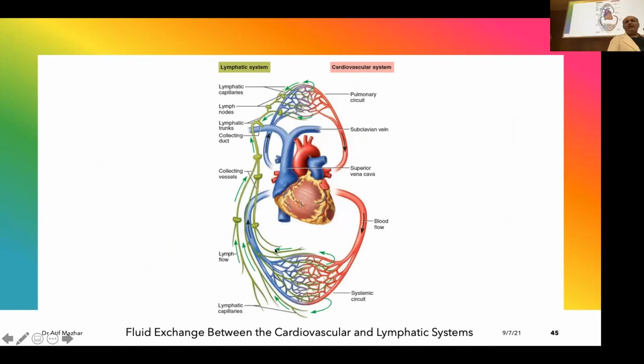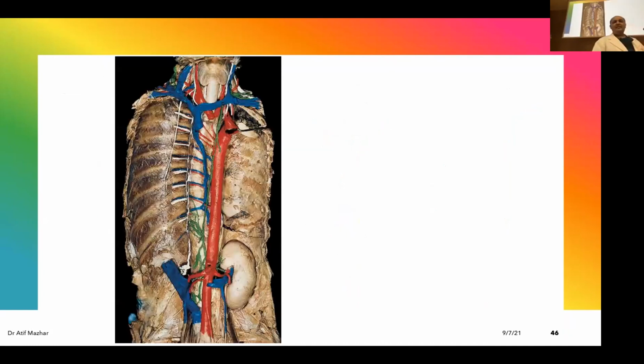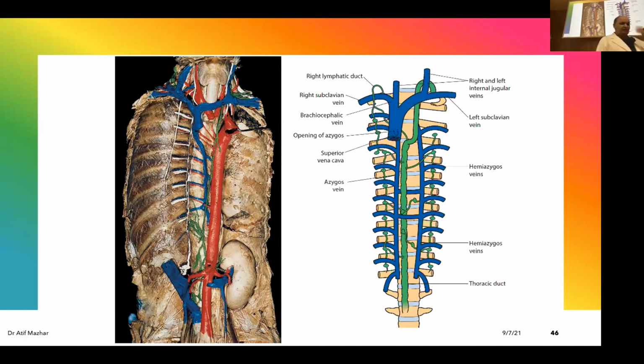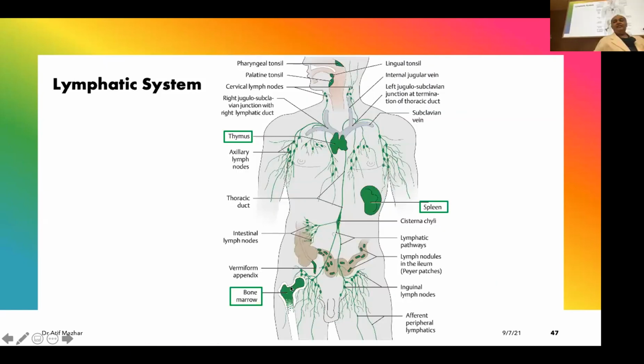Now, whatever the leakage is, that leakage is carried by these green channels. And look at their small stations. These stations are lymph nodes. Then they go to the major lymphoid organs, and ultimately are connected to my venous system. So this is coming to my veins, ultimately. These are the lymphatic system, shown in green in the cavity, with a picture of that. And these are my major lymphoid organs. You can see the spleen, thymus, and the bone marrow. These are what you talk about when you talk about immunity. These green dot seed-like things show my whole lymphatic system interconnected.